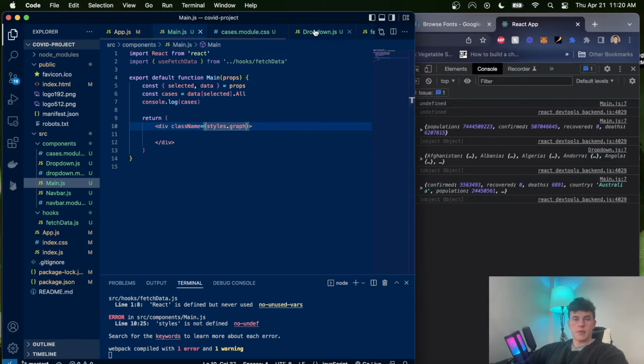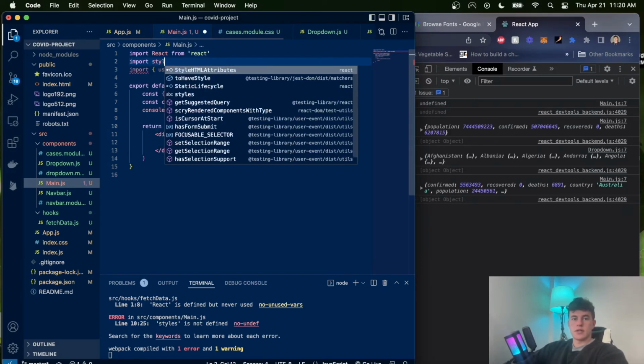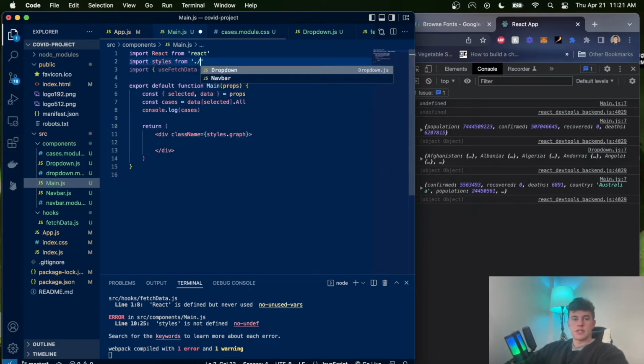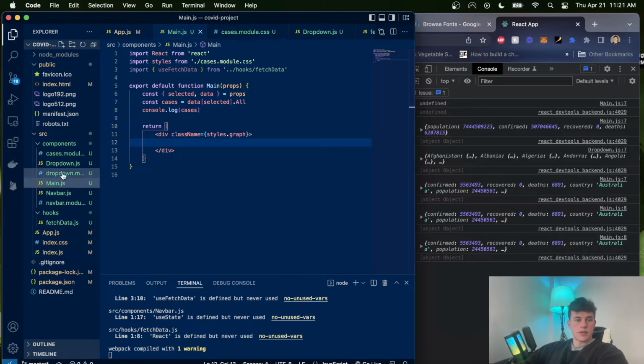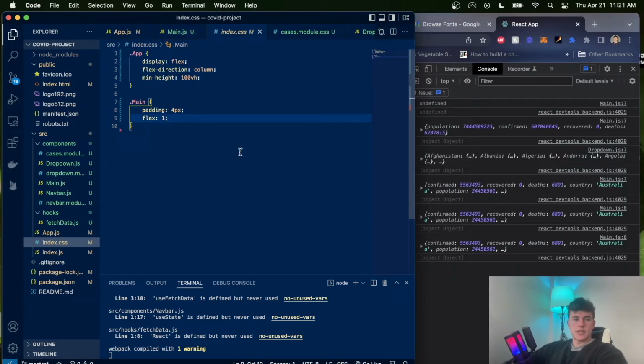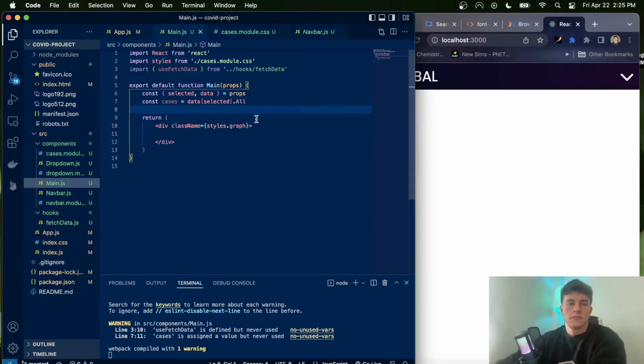And we can achieve that by coming into our cases file. Well, first we actually have to import it. So we're going to say import styles from ./cases.module.css. I believe we'll probably also have to come into our main, this main, and just say display flex, direction column. And so now that we've applied that style, we'll fill that in a second, but we're also just going to destructure